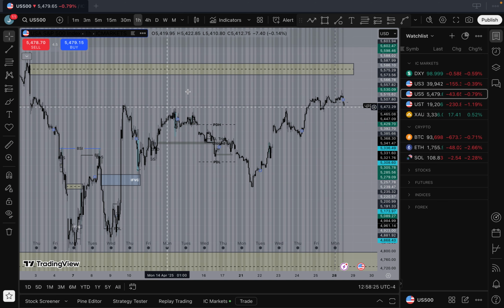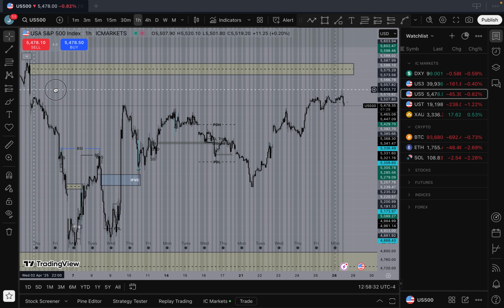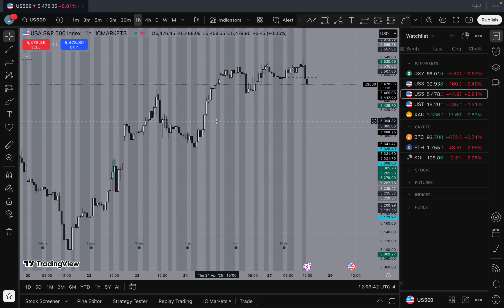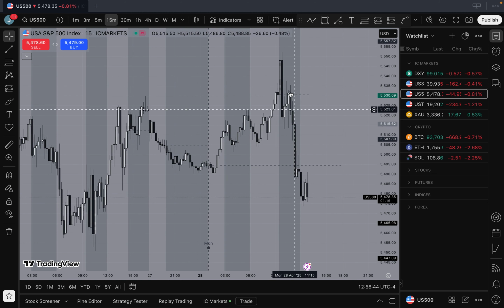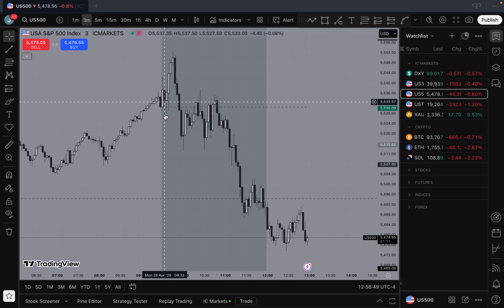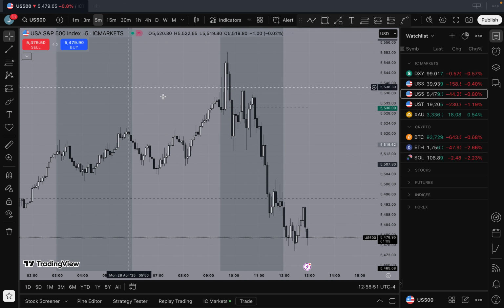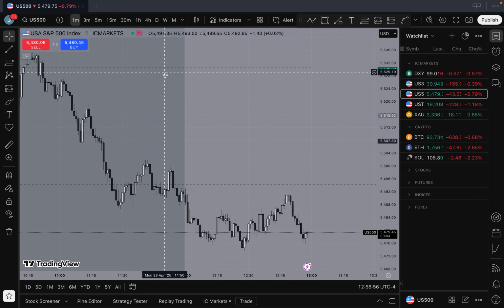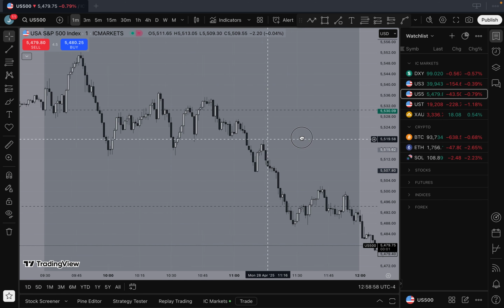If we look at where this lines up and then come across the left, you can see we took out all of these highs here, came into this imbalance and probably touched the previous order block there. If that was dragged all the way across, that would be a pretty obvious point of reversal. Looking at this on the 5 minute, it's a bit choppy, same again. It's like lots of wicks going on. You have to get down into the lower time frame to really see.